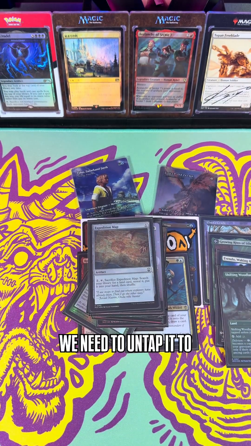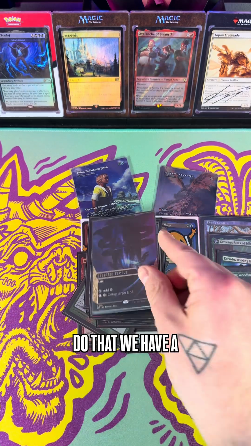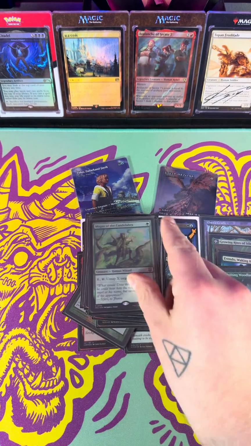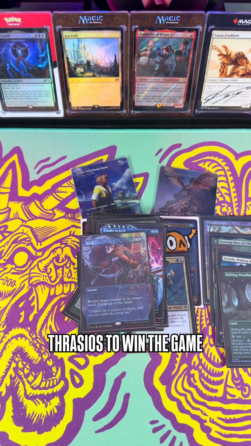Once we have our Cradle, we need to untap it to make a bunch of mana to activate Thrasios. So we have some lands that do that, we have a Candelabra that does that, we have creatures that do that, and then we have spells that do that. Snap is worth calling out because with Eternal Witness, it'll make infinite mana to activate Thrasios to win the game,